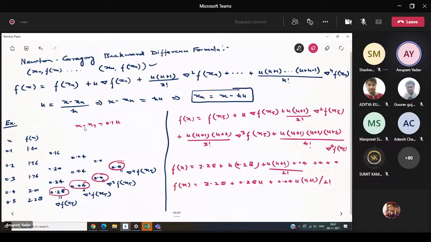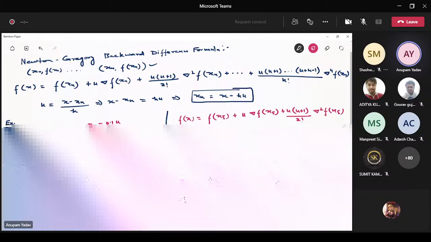So x minus x5, I'm using this formula, x minus xn equals hu. So x minus x5 equals 0.1 into u. So u will be nothing but x minus, and what is x5? x5 is 0.5. x minus 0.5 divided by 0.1. Okay, so if you put these values here, this is going to be f of x